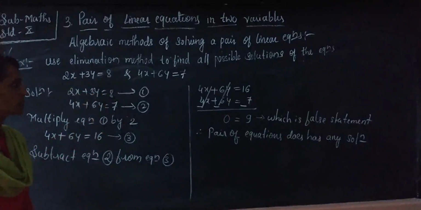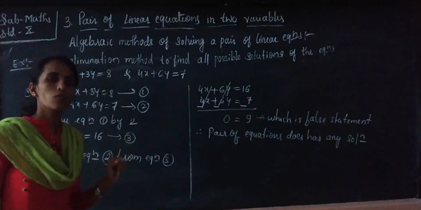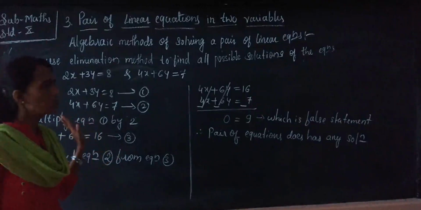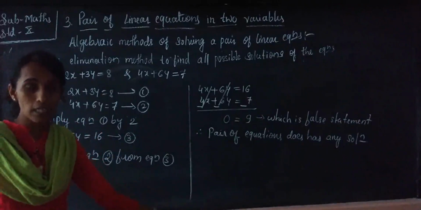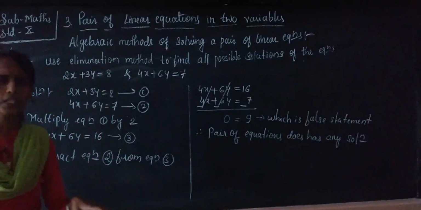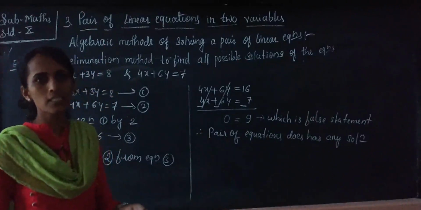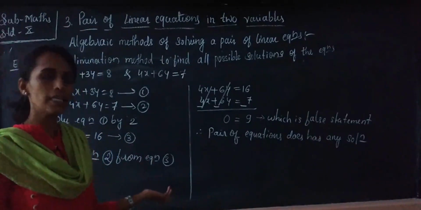Yes or no? These types of examples we have to solve by the elimination method like this only. Only the elimination method is there. The substitution and cross multiplication methods are reduced this year due to COVID-19. In the textbook they have given the substitution method, and from that also you can take examples and solve by the elimination method. Whatever examples are given in the substitution method, or the cross multiplication examples given in the textbook, you can solve by the elimination method.